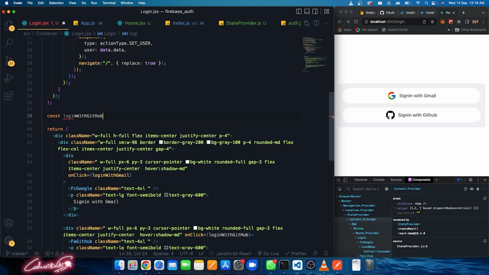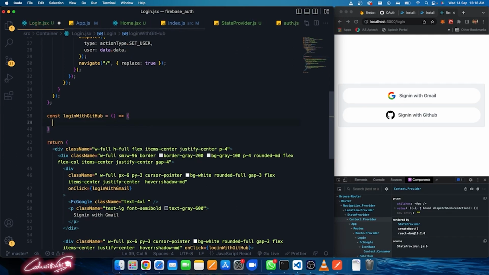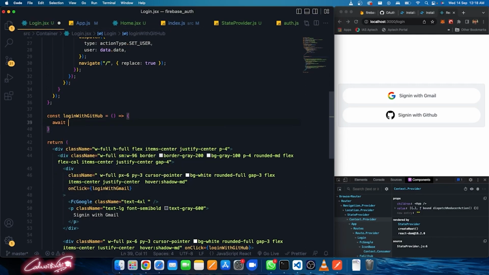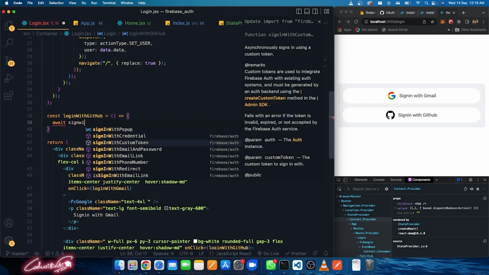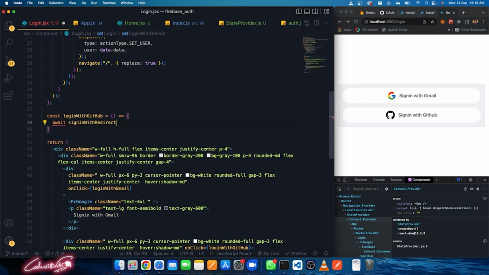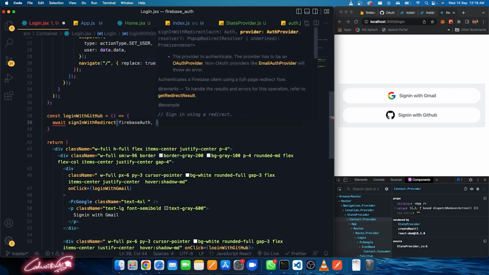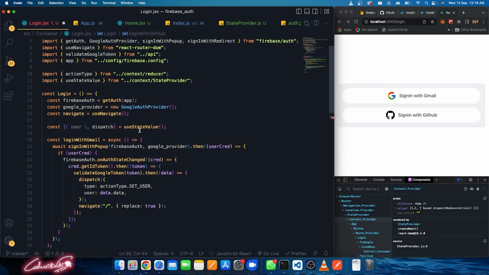Login with GitHub equals open it. So here I'm just going to use the same thing, await. This time, instead of using sign in with pop-up, we'll use sign in with redirect. So sign in with redirect. Okay, I'm going to say Firebase auth, and this time, instead of supplying the